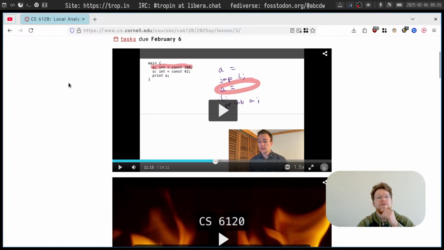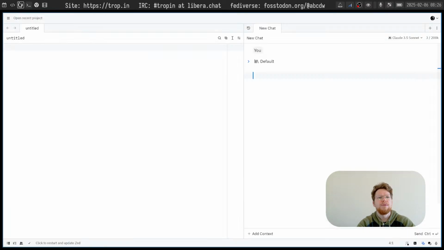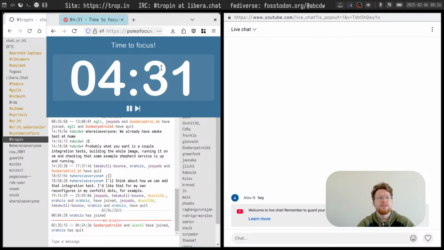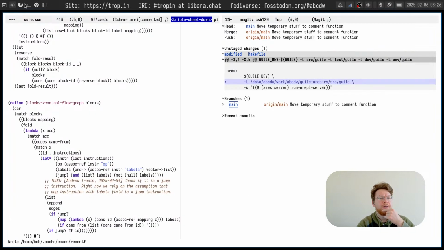In our control flow graph, I don't know why the timer switched, because I guess I didn't spend 25 minutes on this video yet, and I didn't hear sound. Probably I accidentally pressed the button. Okay,